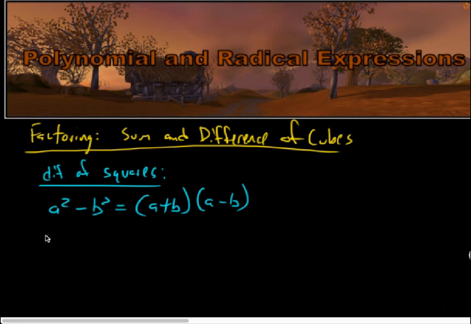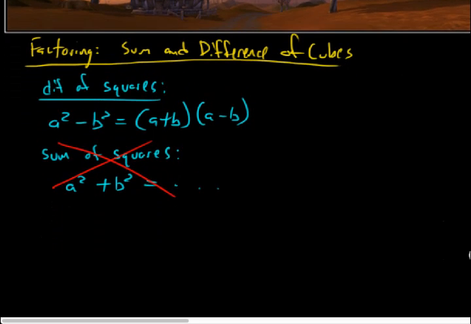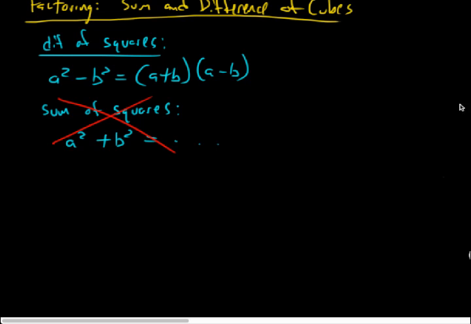I do want to point out, just as a pitfall, sum of squares does not exist. There's no such thing as an a squared plus b squared being some factored expression. So this does not work. I don't want to indicate that since there's a sum and difference of cubes pattern, that is a possibility. So regarding sum and difference of cubes,